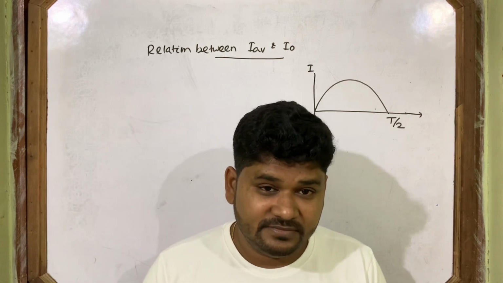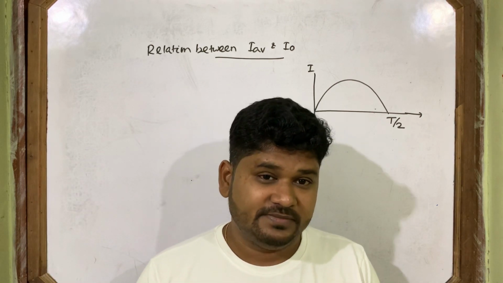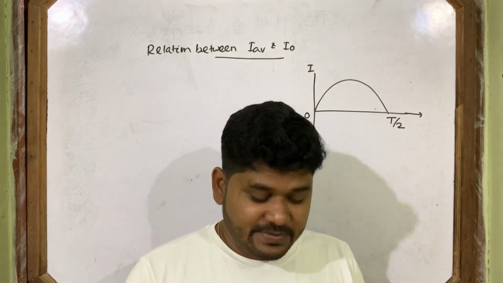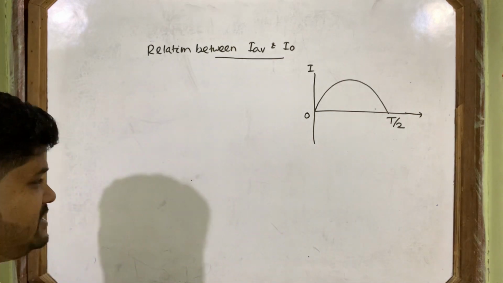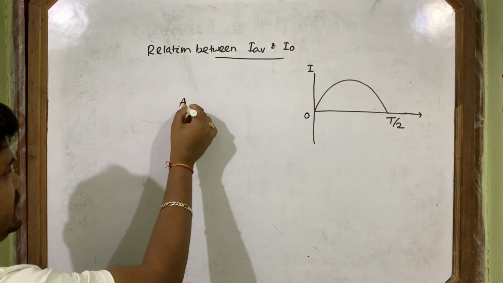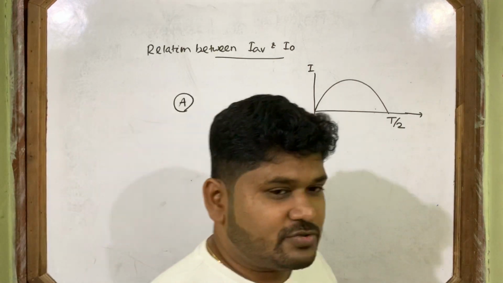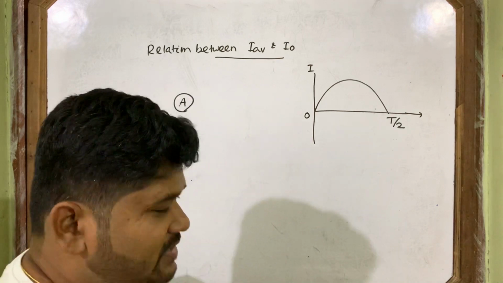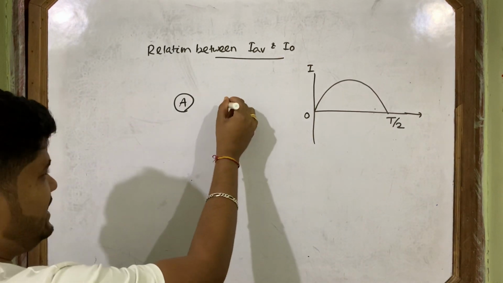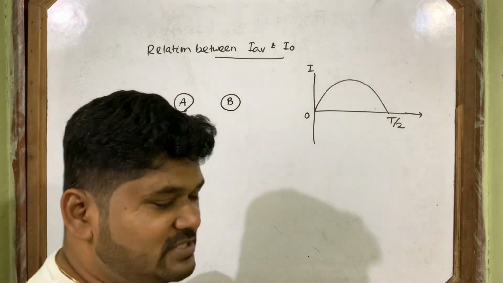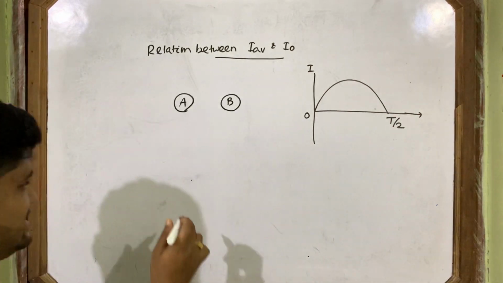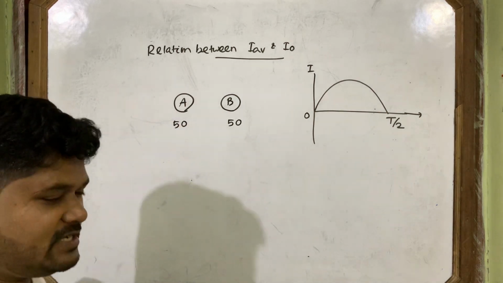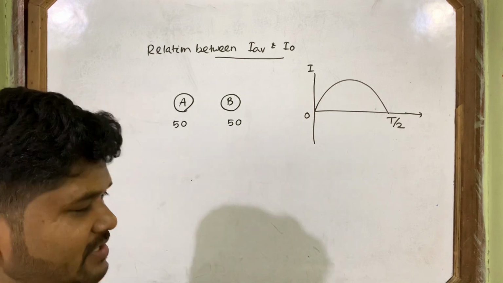Any idea you have? Again, let's think about it. Okay, so now I want to give you an example so that you can understand. Suppose in your school I'm comparing two sections. You belong to one section of class 12, so let's say section A and section B. Two sections are there, and in each section there are 50 students.